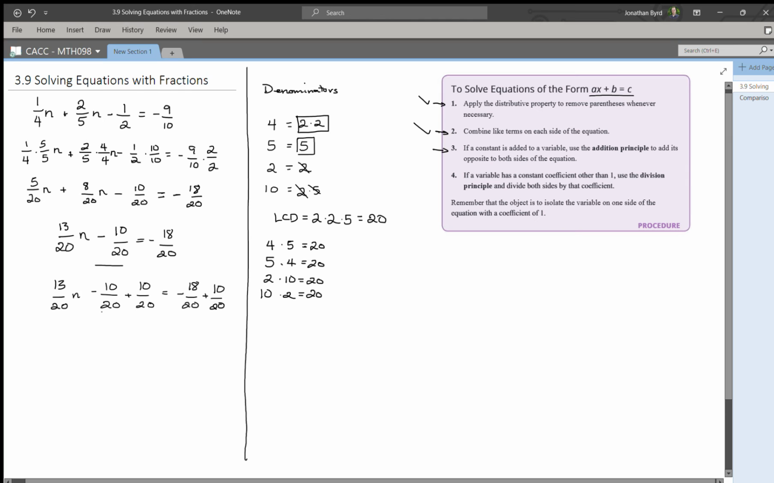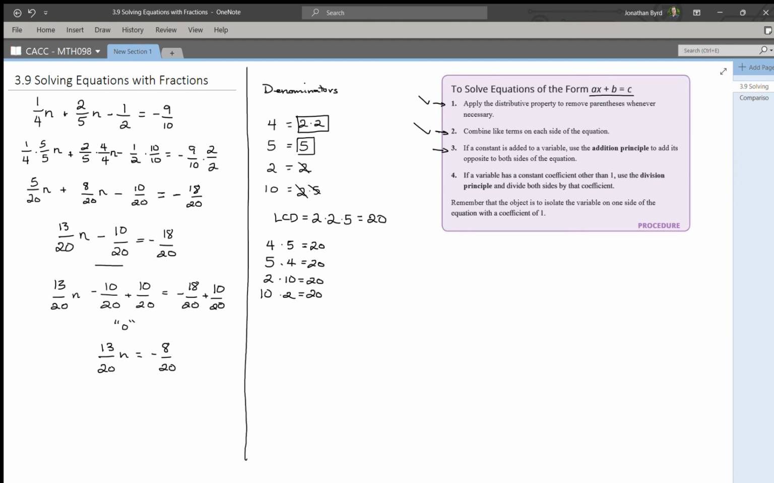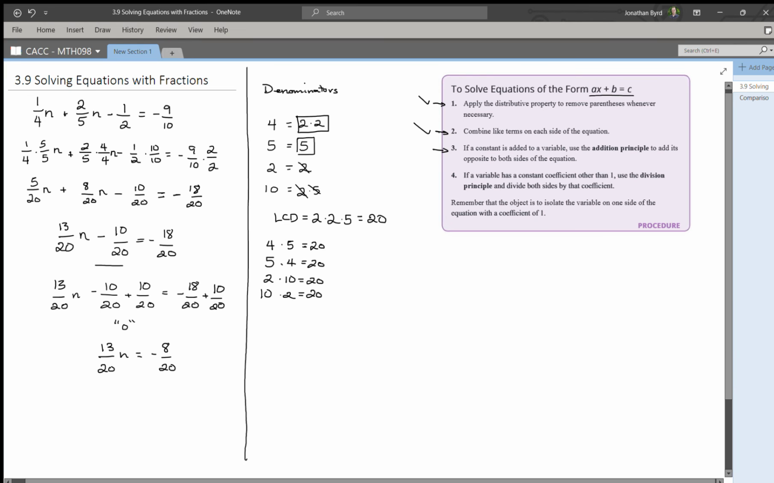Now then, I can go back and simplify this sum. Remember, negative 10/20 plus 10/20, that's 0. So on the left-hand side, I just have 13 over 20n. On the right-hand side, negative 18 plus 10 is negative 8 over 20. Okay, and the last step is to